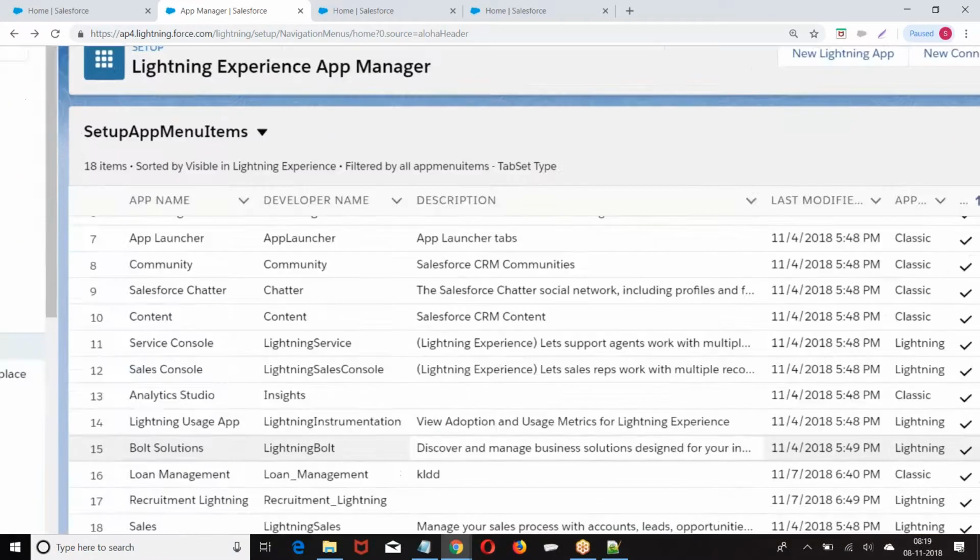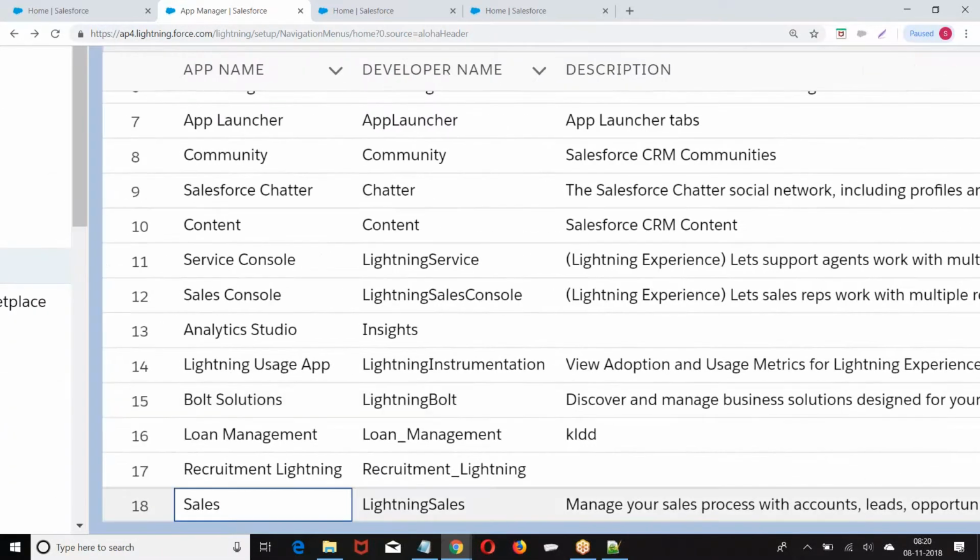What was this option here? Lightning, recruitment, lightning. When you say show in lightning, same classic, visible in lightning. The moment you click on upgrade, same copy of classic is created as lightning. One more instance of the lightning application is created. Now the moment I said upgrade, the classic created is still classic in both ways. When you say visible in lightning or upgrade to lightning, in both cases, classic remains the classic.